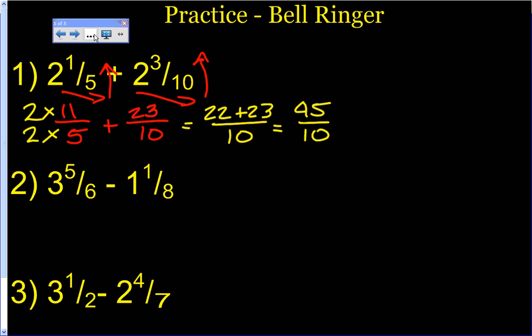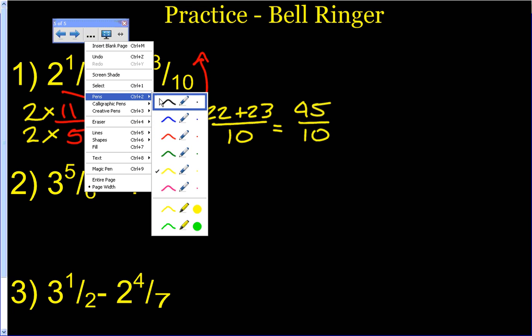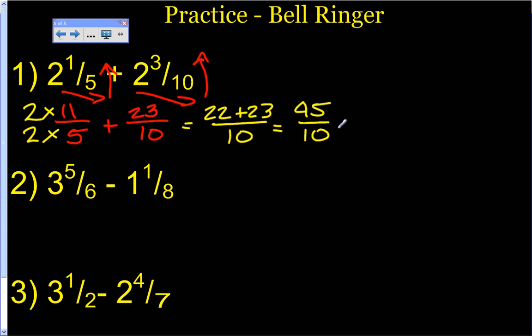That's an improper fraction. I don't like improper fractions, so I'm going to change this to a mixed number. 10 will go into 45 4 times. 4 times 10 is 40, so my remainder is 5, and that simplifies to 4 and 1/2. The next one,